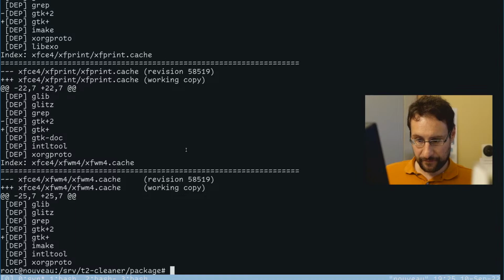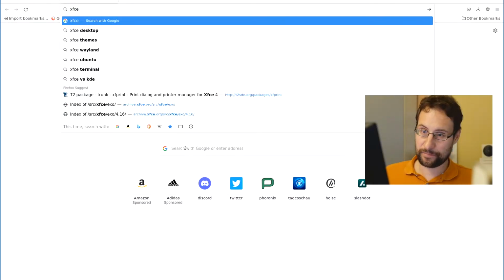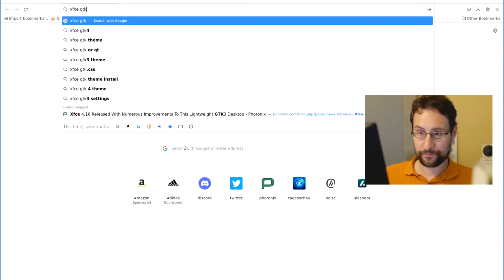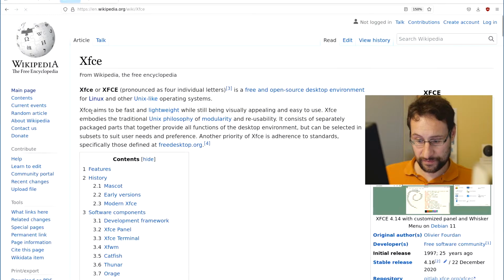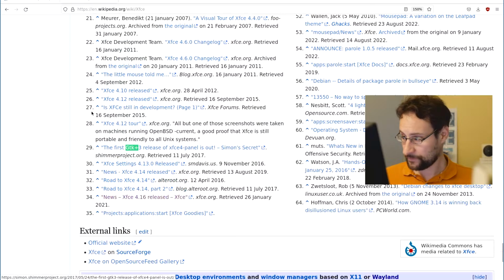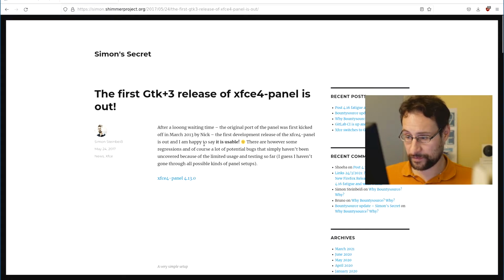And maybe we should quickly check XFCE. For the GNOME part, that is certainly true. First GTK+ release of the XFCE4 panel.